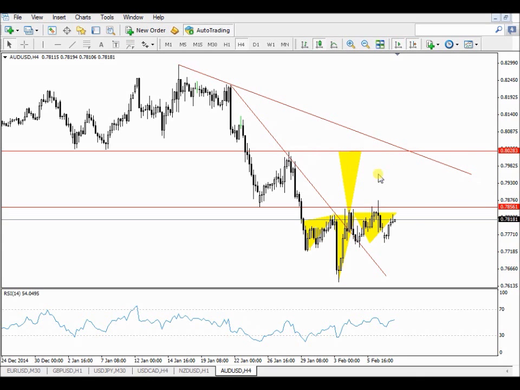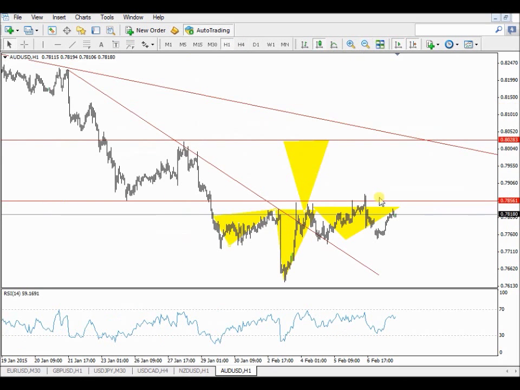So this is what I'm giving you guys for the next week. Let's look at this head and shoulder pattern on the Australian dollar 4 hours. You will see it on the 1 hour as well. There you will see a nice head and shoulder pattern. The rules are that you must wait for the resistance to break and you can buy that. And your target limit will be, make it 8010. That is my following resistance.